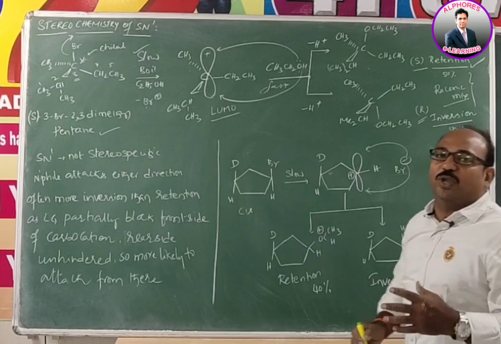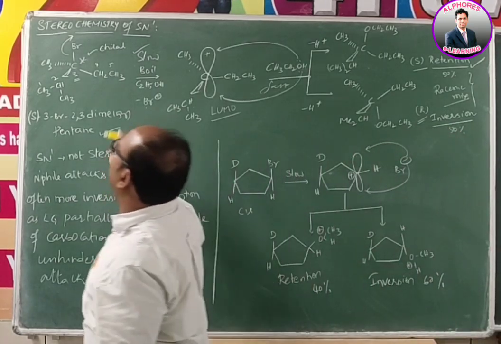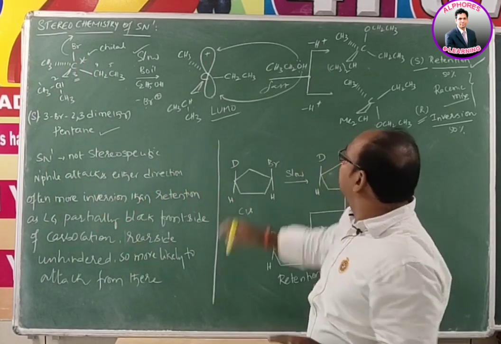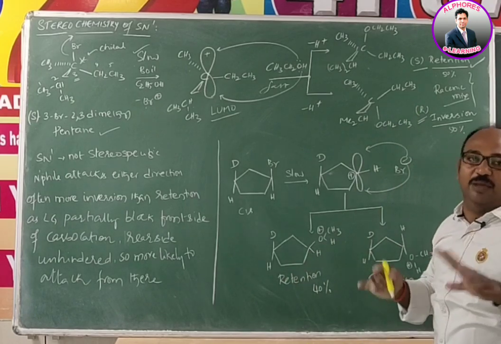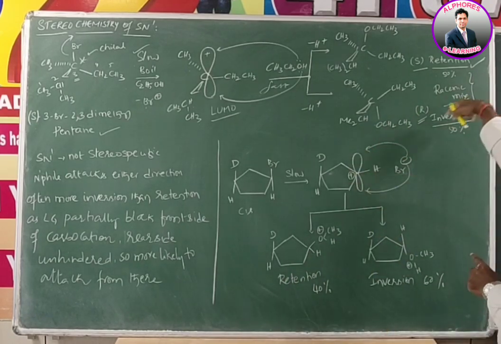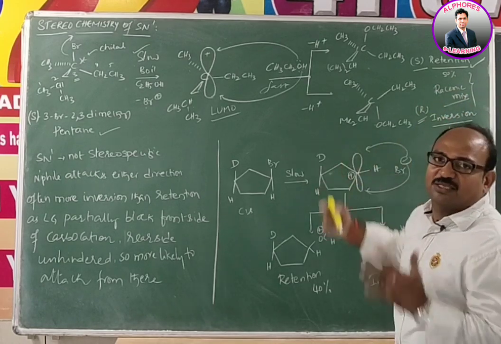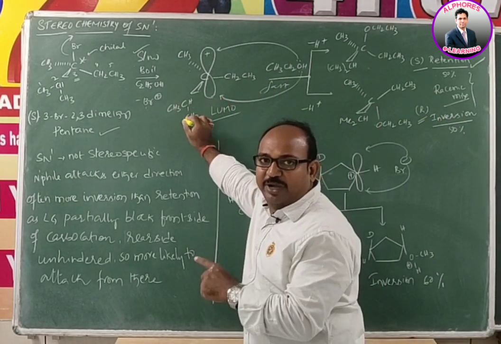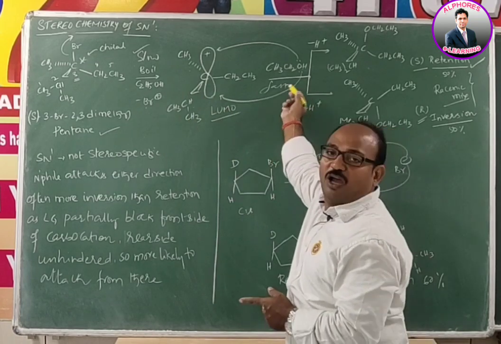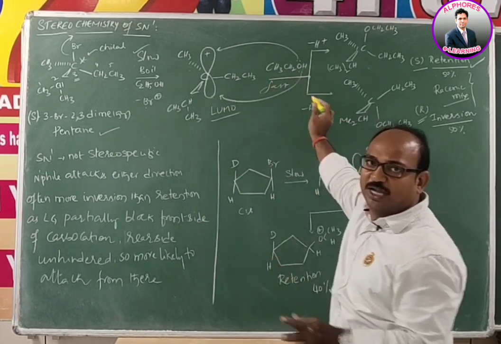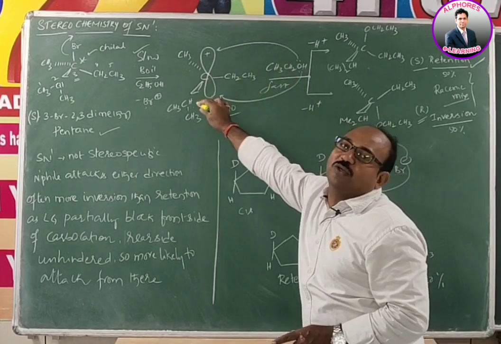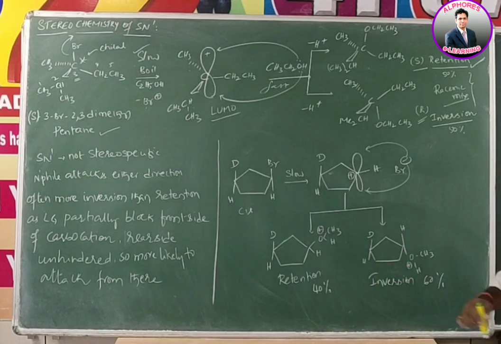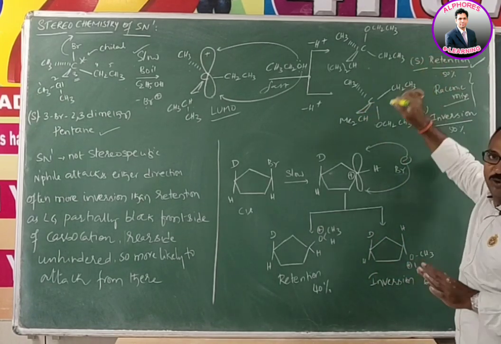This retention and inversion we can notice in the case of a substrate containing four different groups, meaning a chiral center. If there is no chiral center, we cannot notice such a scenario, we get the same product. But whenever it is chiral, in such a case we can observe it. The other case I will explain a little later. Now in this case, formation of the carbocation intermediate is the slow step, and later the neutral nucleophile, there is no charged nucleophile here, ethyl alcohol, attacks the positively charged carbon from either direction, and we get oxonium salts. From these oxonium salts, deprotonation takes place, and you get the final product.